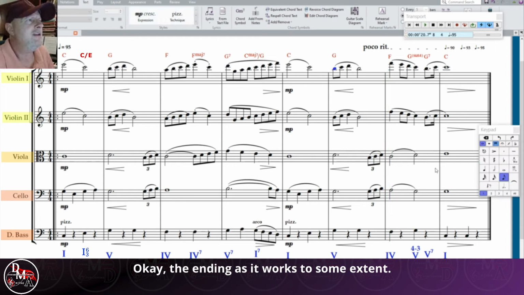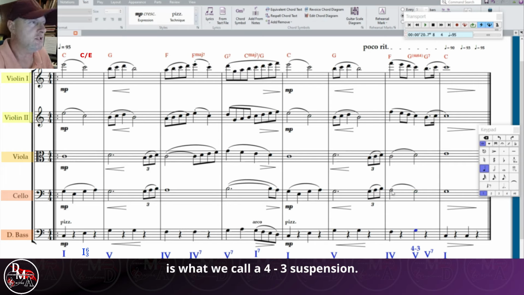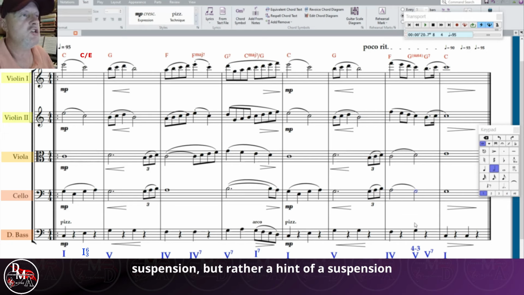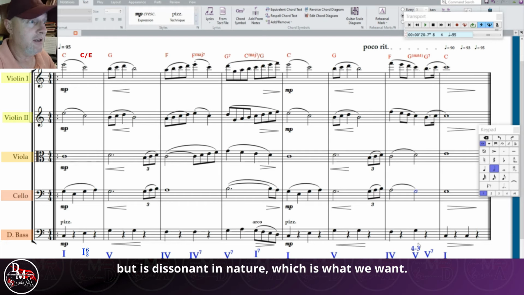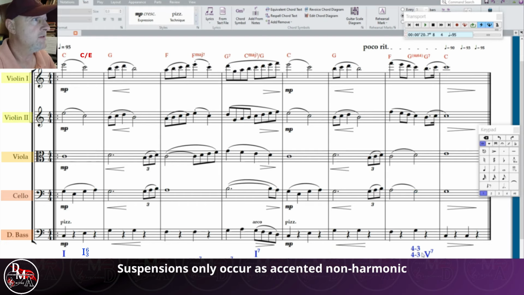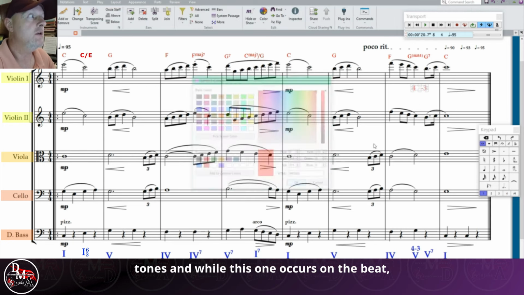Okay, the ending works to some extent. Over here, I've included a G sus chord, which in conventional harmony language is what we call a 4/3 suspension. Although I would not say that this is a full suspension, but rather a hint of a suspension because it has no preparation phase, which is a repeat tone before the suspension, but is dissonant in nature, which is what we want. Suspensions only occur as accented non-harmonic tones, and while this one occurs on the beat, the 2nd beat,